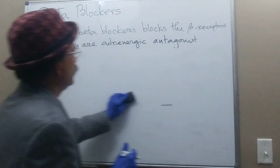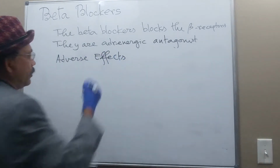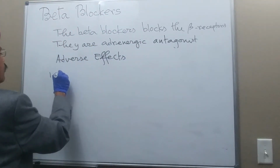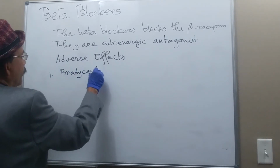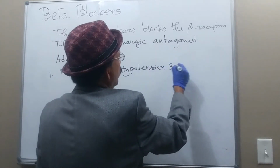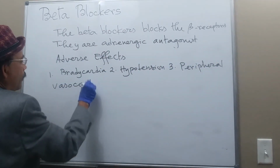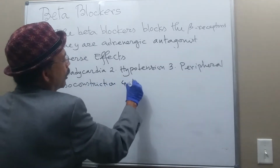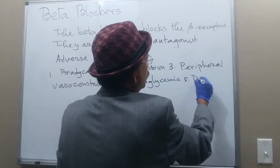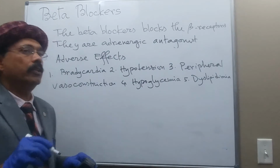Okay, we got that. Now we go to the adverse effects, or side effects, whatever you say. Adverse effect: certainly it has negative inotropic and chronotropic action on the heart, therefore it will cause bradycardia. It will cause hypotension. It will cause peripheral vasoconstriction. Okay. It will cause hypoglycemia. Okay. It will cause dyslipidemia. Okay. So lipid metabolism will be altered. So we got that. And most important is the